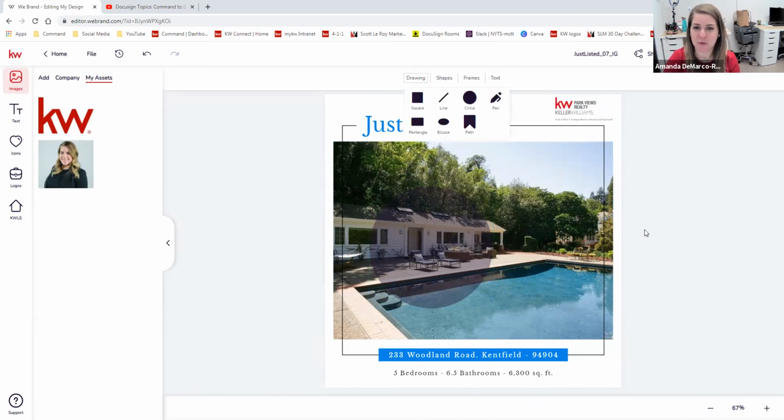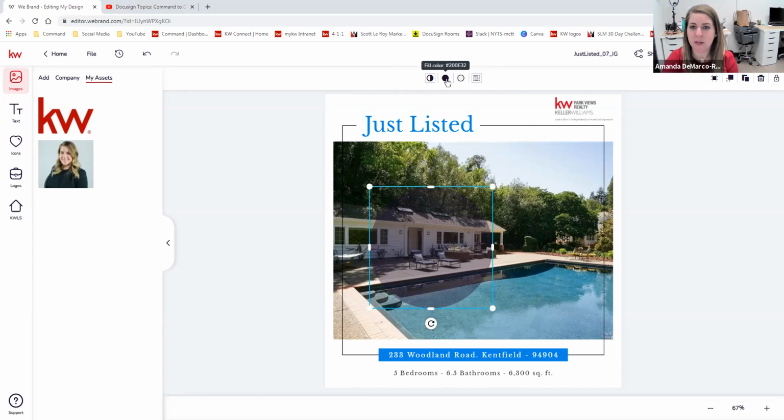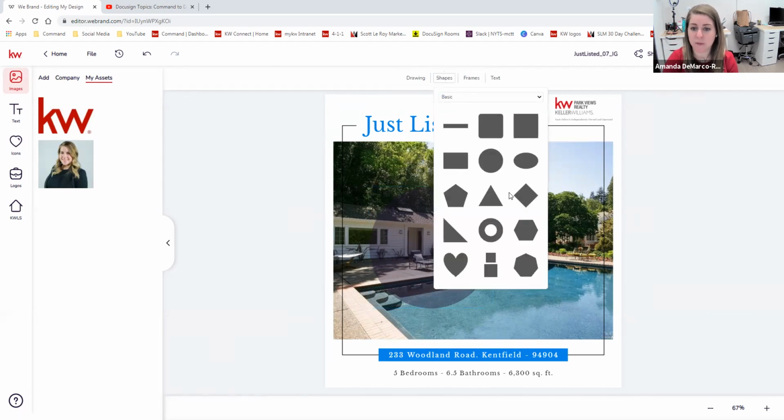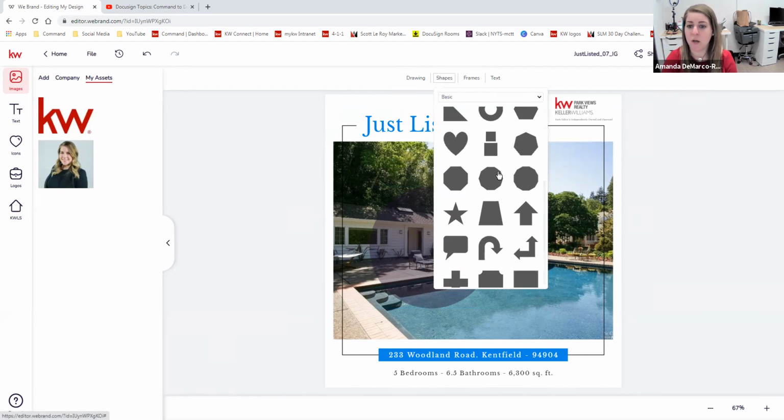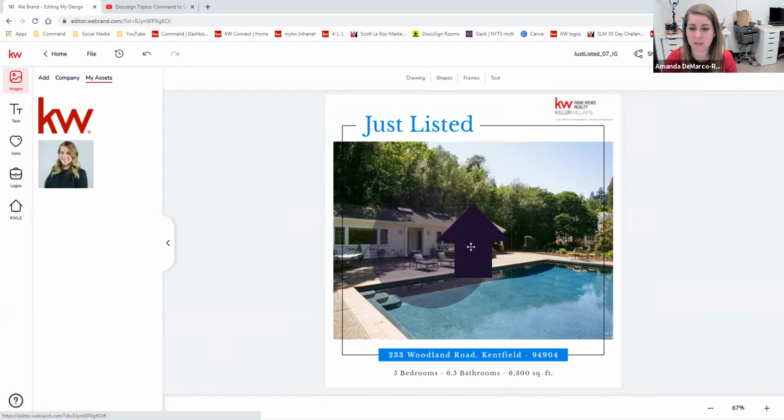So again, that was just choosing a shape and then playing around with the different configurations up on top. The fill color is going to be for the actual color of that shape. The stroke color is going to be for the border. And then the opacity is, of course, going to be how full or how empty the view is. You can also add in other types of shapes. So if you wanted to highlight something and you wanted to put a star, a heart, an arrow, whatever it is, here's my